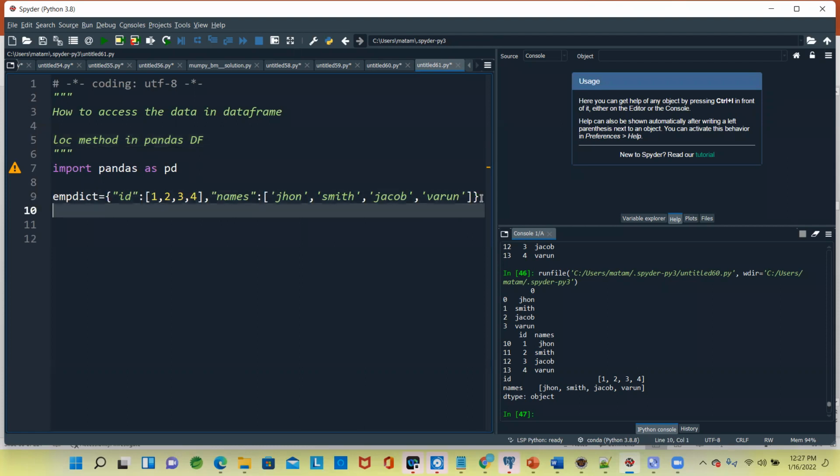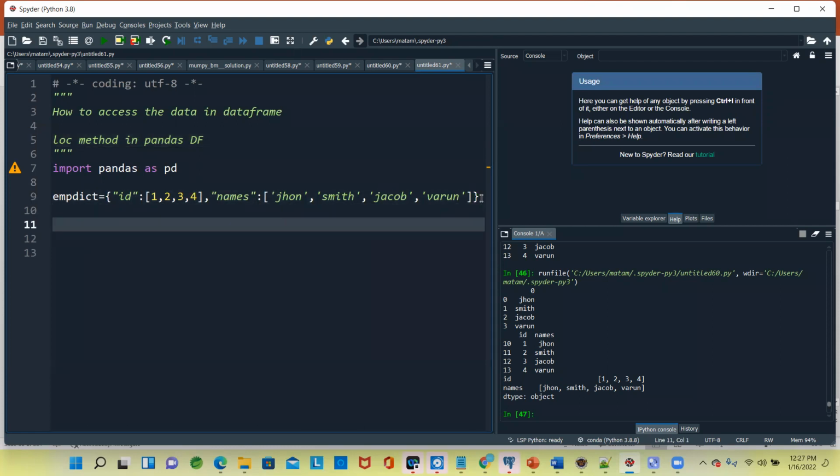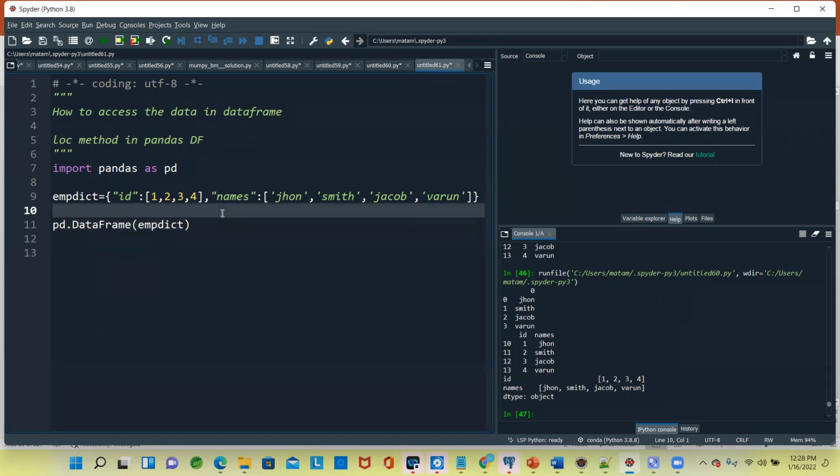So how do we create a data frame? pd.DataFrame, with capital F. We need to pass that particular dictionary. All right. So now we will send the indexes. We need to pass that into df. Okay. Now the data frame has been created.